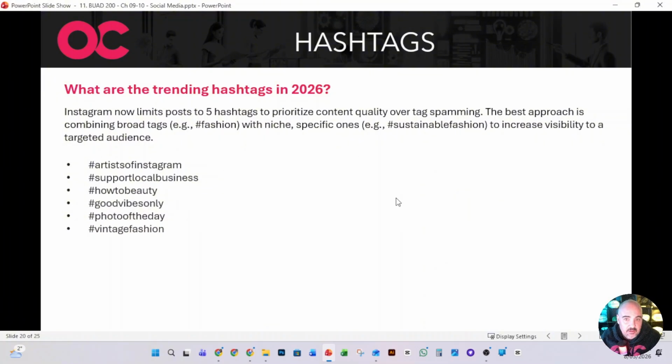Vintage fashion. So making, you can see up the top here, guys, a broad tag, fashion, with something that's more specific like vintage. For your page, obviously a bit more of a slang hashtag here. Teamwork makes the dream work. Again, guys, these are terms that have become popular in the last couple of years. Morning routine to show how people actually do certain things.